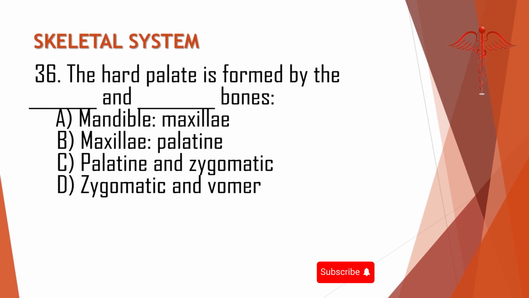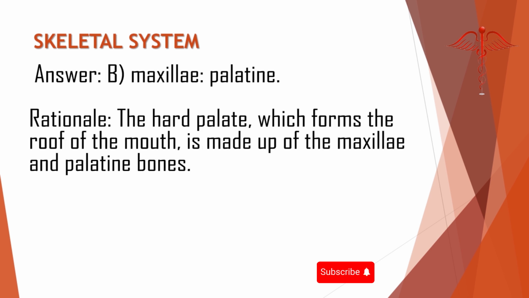36. The hard palate is formed by the dash and dash bones. A. Mandible, maxillae. B. Maxillae, palatine. C. Palatine and zygomatic. D. Zygomatic and vomer. Answer: B. Maxillae, palatine. Rationale: the hard palate, which forms the roof of the mouth, is made up of the maxillae and